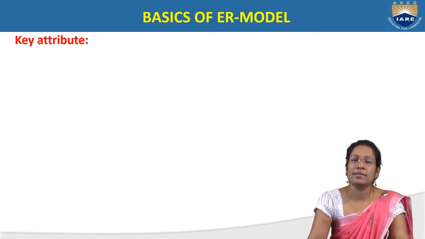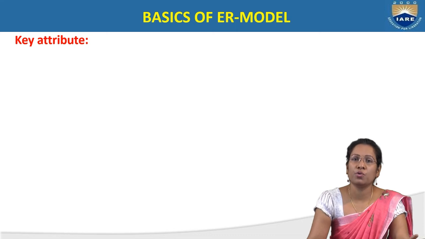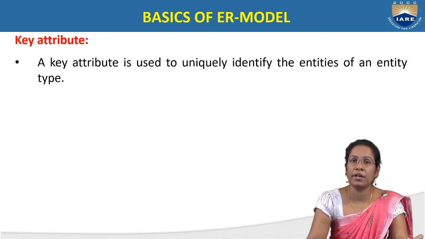Now next one, the last attribute, that is the key attribute. What is a key attribute? This key attribute plays a major role in creating the record and creating the table, because this attribute uniquely identifies a particular record in the entity or entity type. In a table also, each and every record is uniquely identified by using the key attribute only. Suppose I take the example of the roll number of a student. Each and every student's roll number is different from each other, so we can say the roll number is uniquely identified.